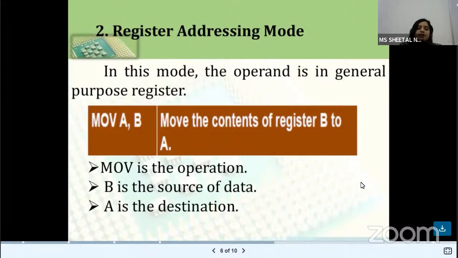In this case, MOV is the opcode for this instruction, and A, B is the operand for the MOV A, B instruction. Now, what will be the output of this instruction? This instruction will move the contents of register B